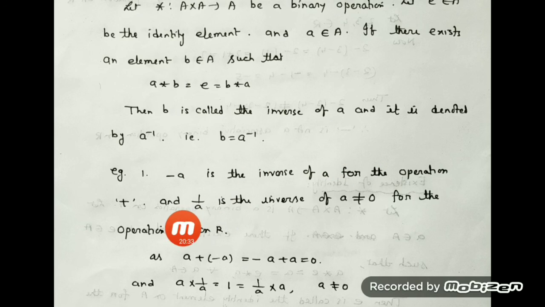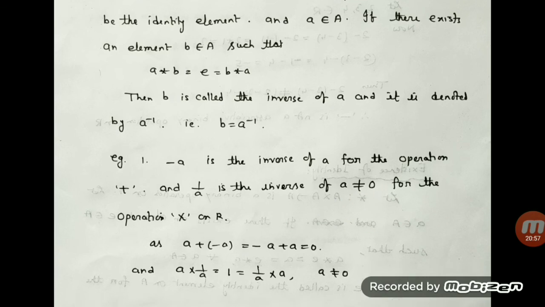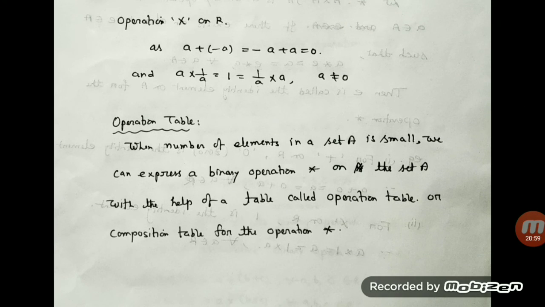Similarly, in the case of multiplication, what is the identity element? We know it earlier. I am giving you simple examples. So for multiplication, 1 is the identity element, that is known to you. If I take a as any element, then the reciprocal, that is 1 by a, is also a real number. And if I do the product, that will give you 1. That is the multiplicative identity. So 1 by a is the inverse of a. We will discuss some other questions later on when we solve the exercise.